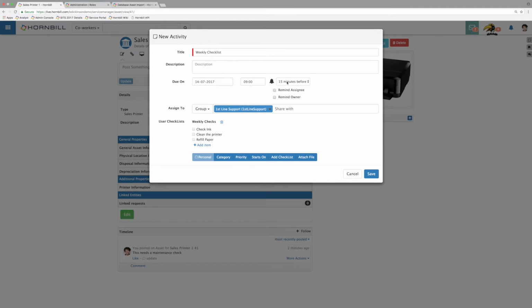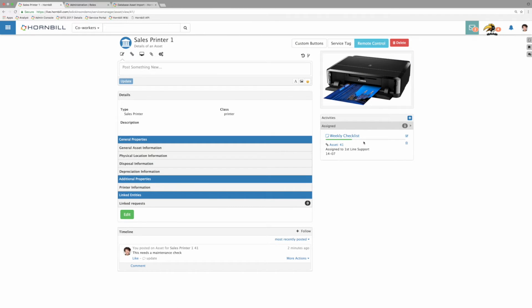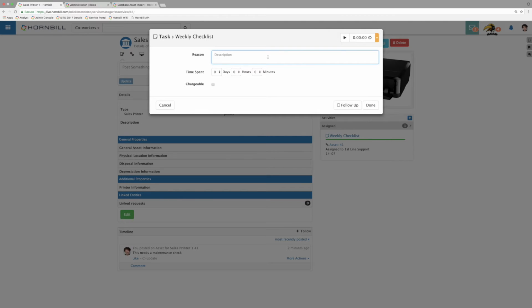You can also put a reminder in there, so anyone who's part of that team will get this particular reminder. And then you can see you've got the checks that need to be completed, and as you start completing them, if we go back here, you can see the progress bar, which shows you how far through you are. Once you've completed all of those, whoever's filling this in may want to click the complete button, put in a description,